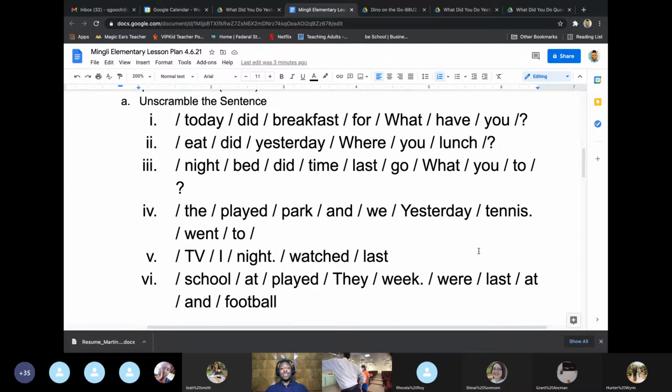So yesterday. 意思要先讲。Yesterday, we went to the park and played tennis. Yes. There you go. Okay, question number 5. Group A, 第五题，谁要再出来？没关系。